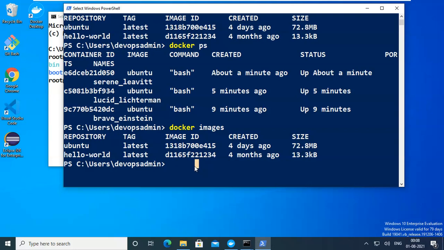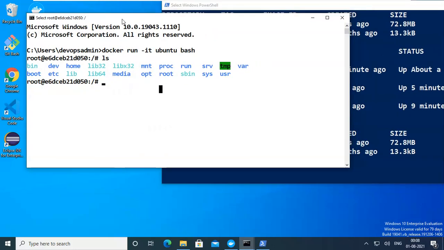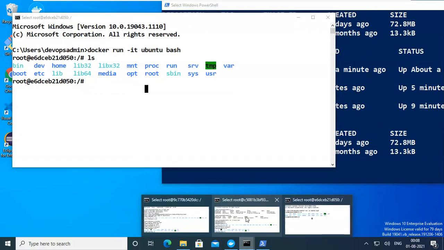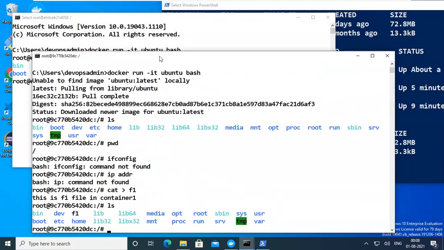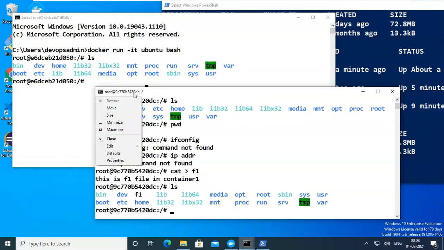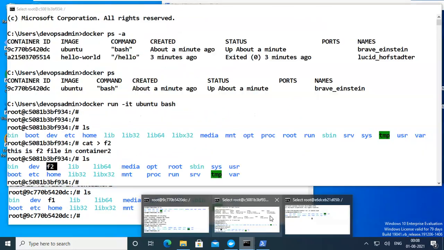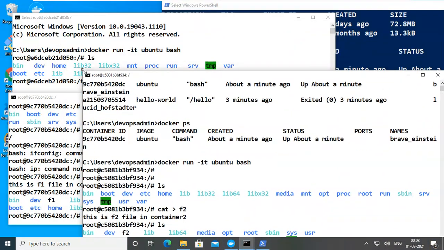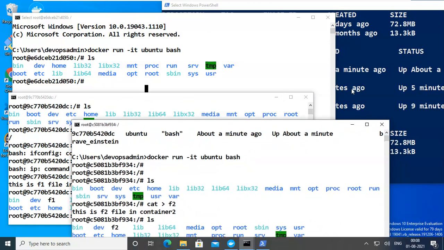Now, currently running containers are there. Okay, so we'll see how many containers are running. So this is container number 3, and this is the second one. Yeah, this is a container. F1 means it is container number 1. Okay, no sequence order. Any container is just a container. Just the first or second one we have created. That's it. Three containers are running. So totally these are three containers I'm running currently.